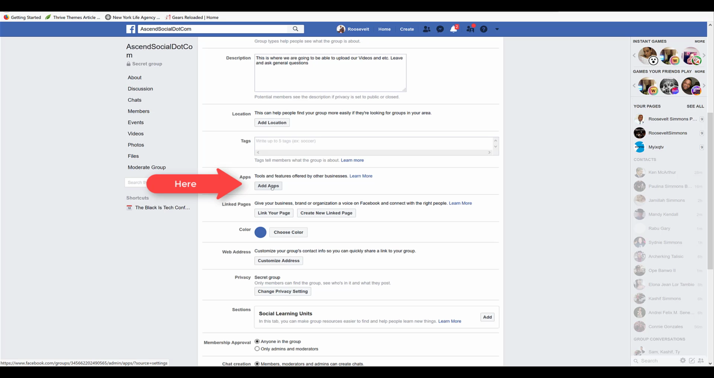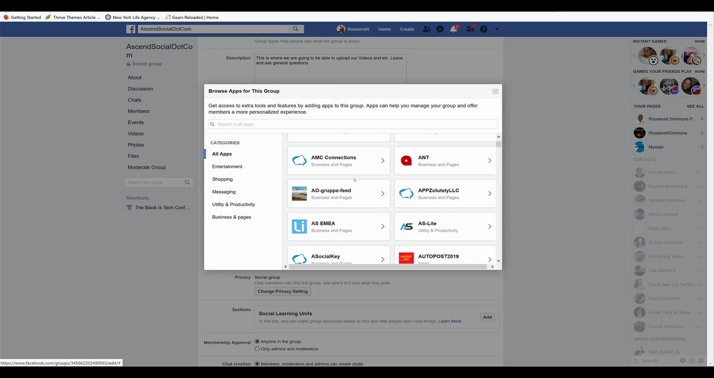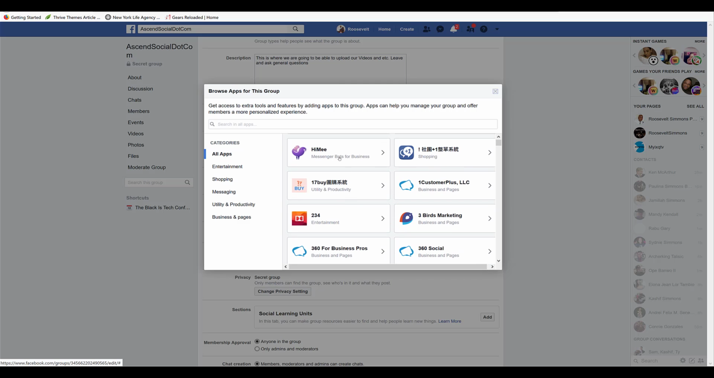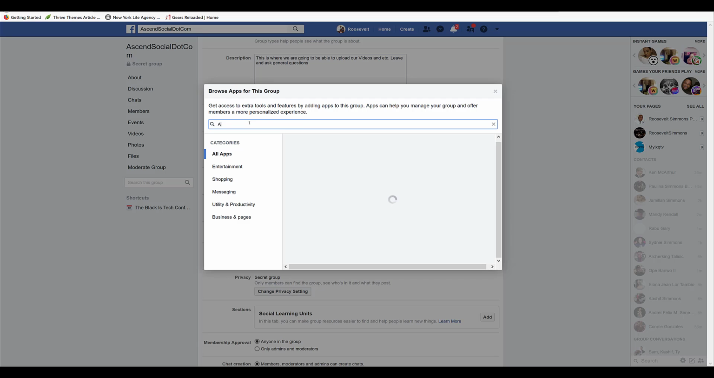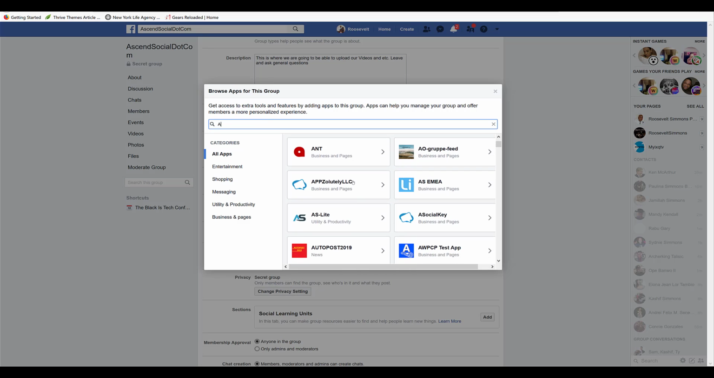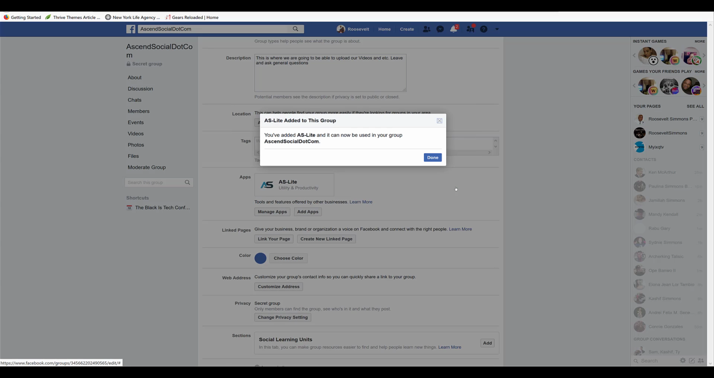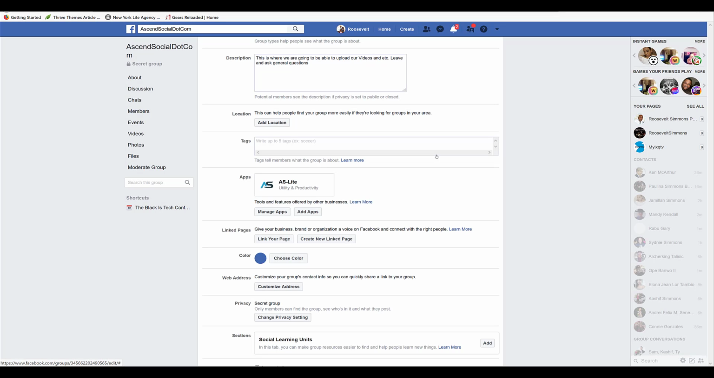So we're going to click here. And these are all the different apps; yours is going to be different from mine. So what I'm going to do, I'm just going to put in here A, and I'm going to scroll down, and I'm looking for, now you see right here, it says AS Lite. So what you want to do is click that. All right, and then you want to click Add. And then you click Done. And now, when you go to do posting to Facebook groups, you're going to be able to do it using